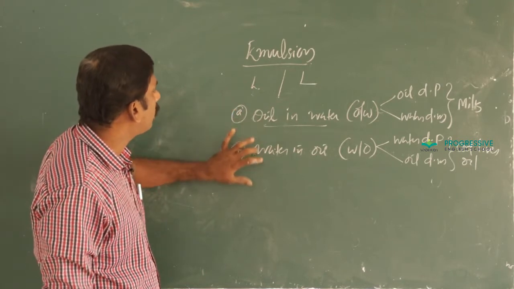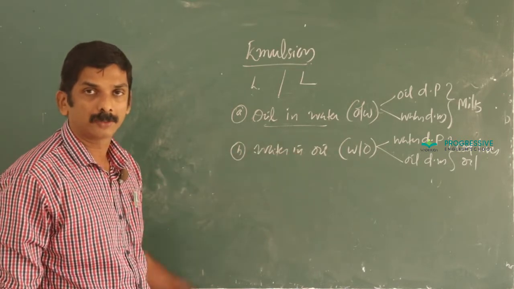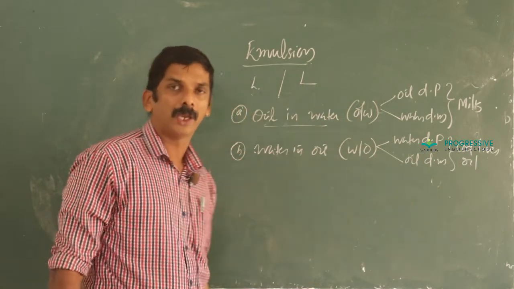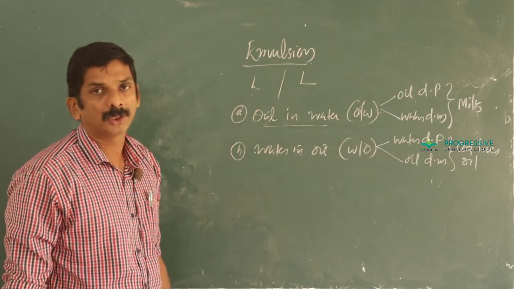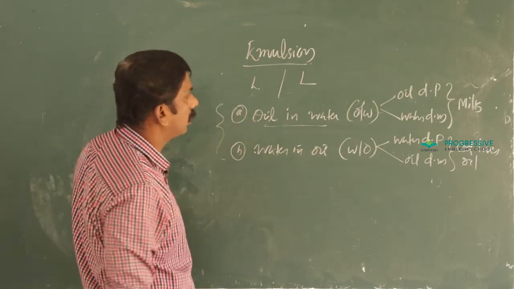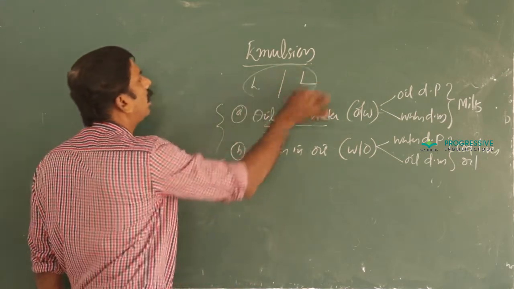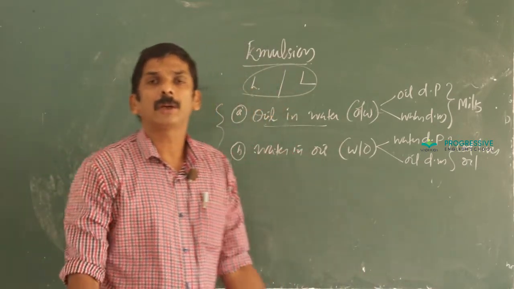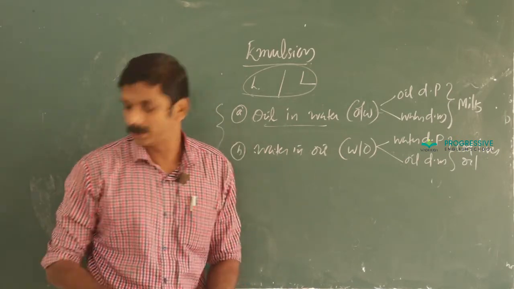The nature of an emulsion, whether it is water in oil or oil in water, can be tested simply by adding water. If the emulsion gets diluted, as when water is added to milk, dilution takes place, and if the oil layer separates, it is an oil in water emulsion. Okay. Separation of an emulsion: an emulsion constitutes two liquid components. Separation of an emulsion into its liquid components is called de-emulsification.